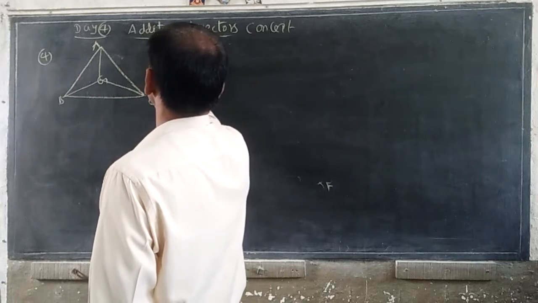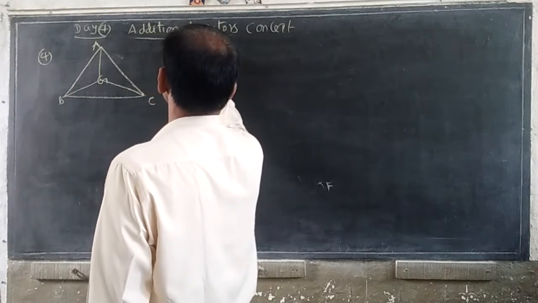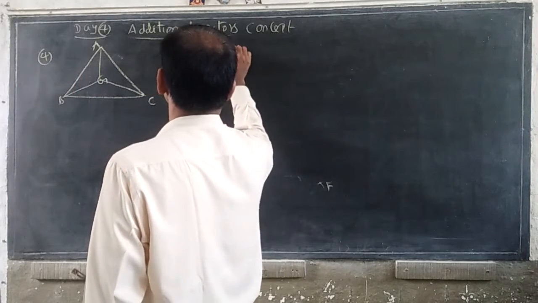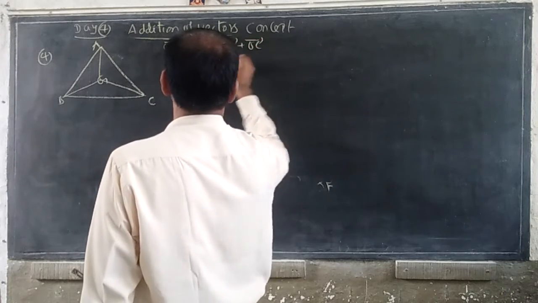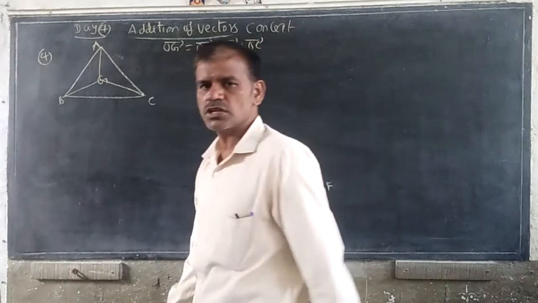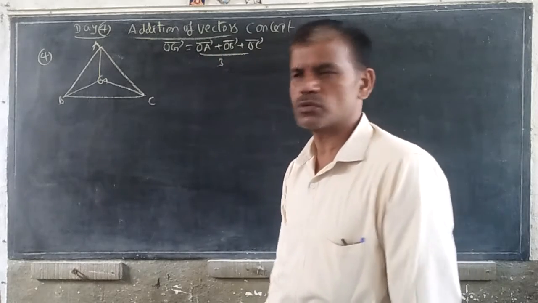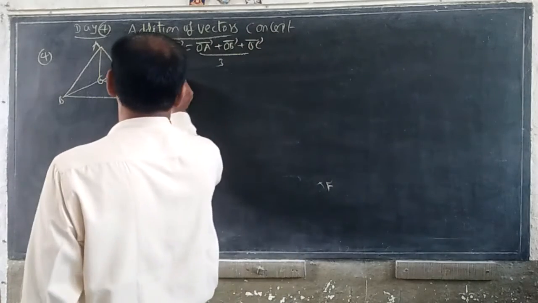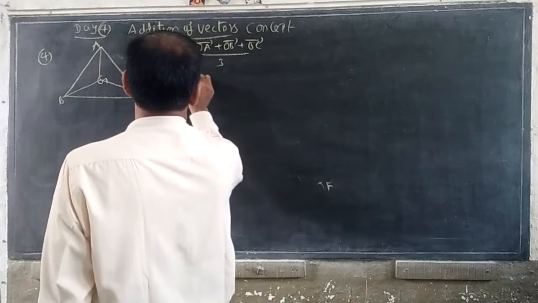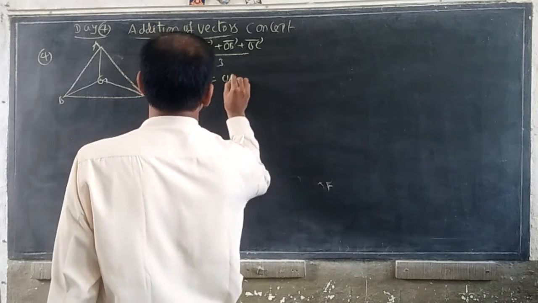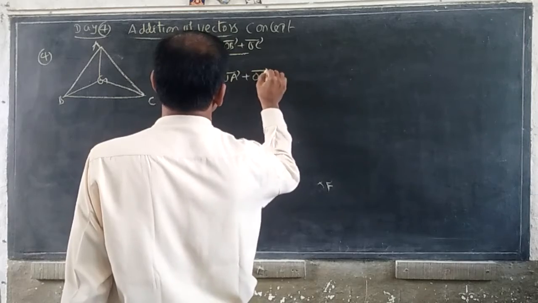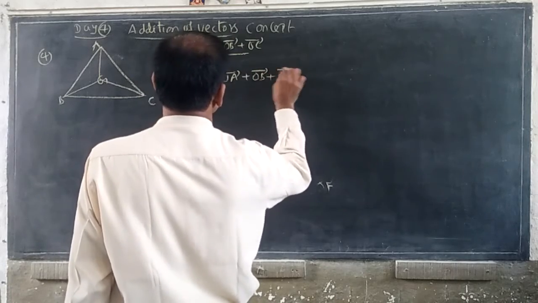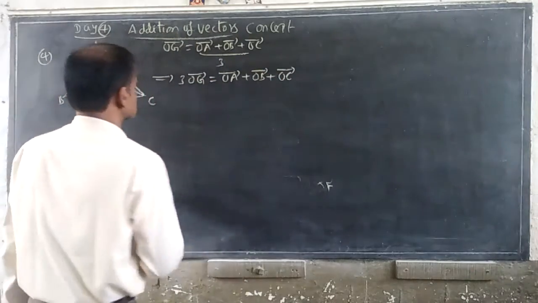OG is equal to, the formula we know for the centroid, (OA plus OB plus OC) by 3. Taking cross multiplication, you can write 3OG is equal to OA plus OB plus OC. Now,